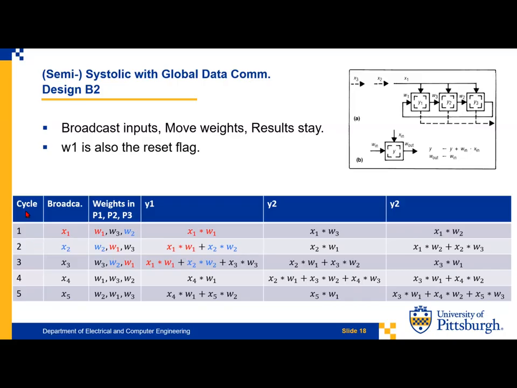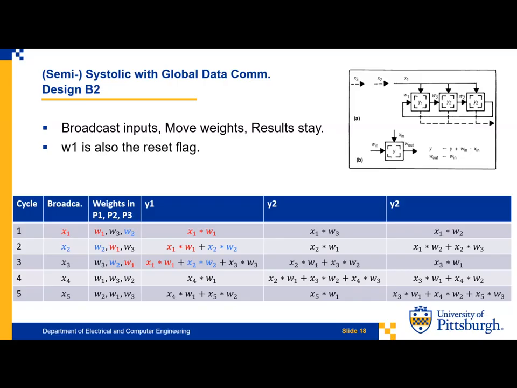Yeah, because at the second cycle the broadcast is X2, and because of the weight rotator, the weight input is W2, and at the third cycle we get the first element of the convolution output. Yeah, so follow this step. We could also use this type to finish the